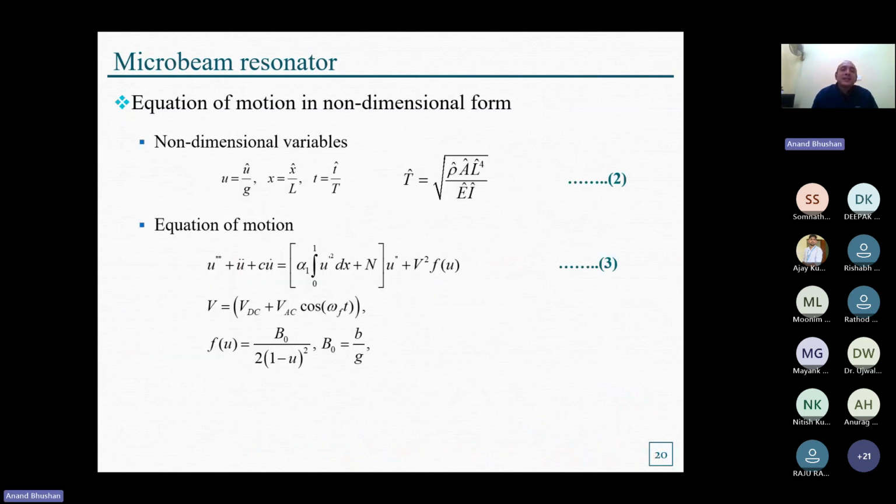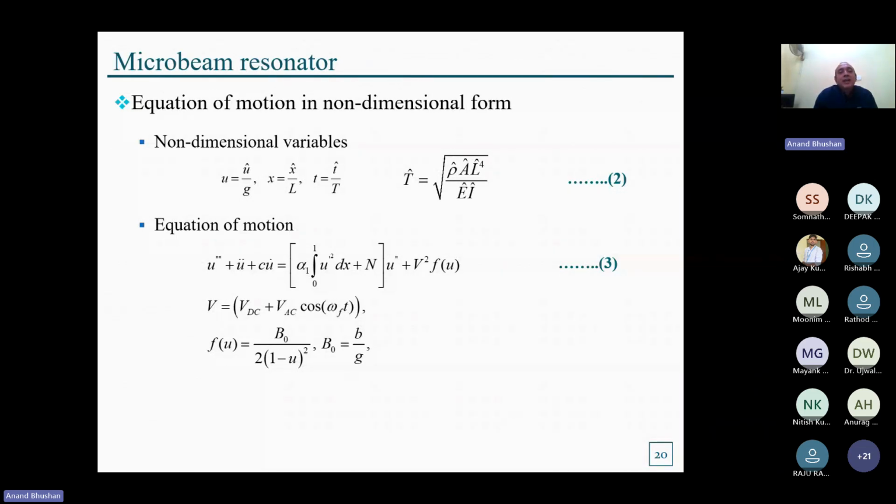So again, for simplicity, we non-dimensionalize this nonlinear partial differential equation by introducing the non-dimensional variables as provided in equation 2. Similarly, the deflection of a microbeam, that is U, is non-dimensionalized with respect to the initial gap of the microbeam resonator. The spatial coordinate x is non-dimensionalized with the length L, and time is non-dimensionalized with the capital T, whose value is provided here. So these non-dimensional variables are substituted in our partial differential equation, and we will get equation 3